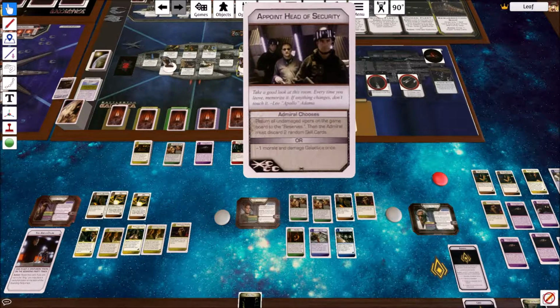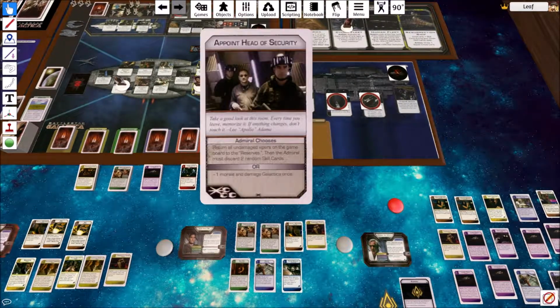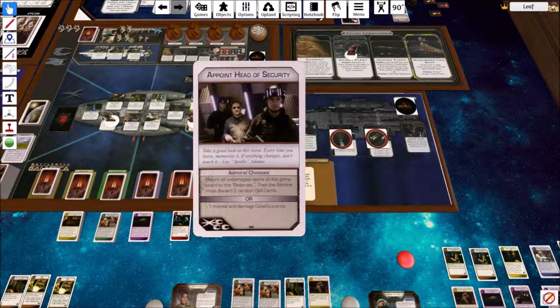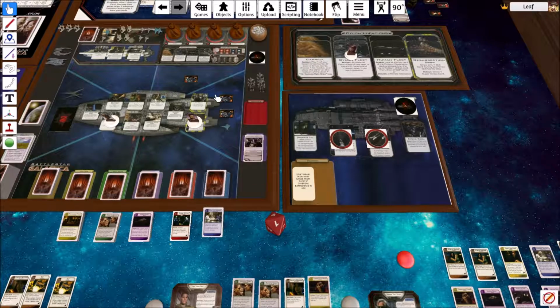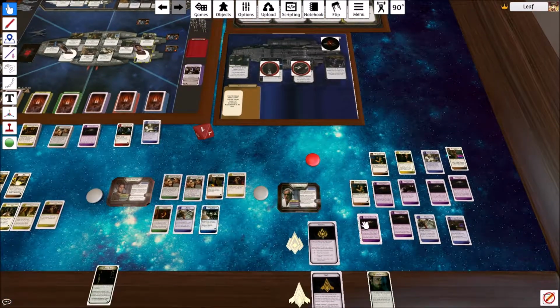Admiral chooses. Return all undamaged Vipers on the game board to reserves, then the Admiral must discard 2 random skill cards. Or -1 morale and damage the Galactica once. I just deployed that Viper, but my morale is currently at 4. And we are going to have some trouble soon anyway, so yeah, we'll go ahead and return the Viper to reserves. Discard 2 random skill cards, so